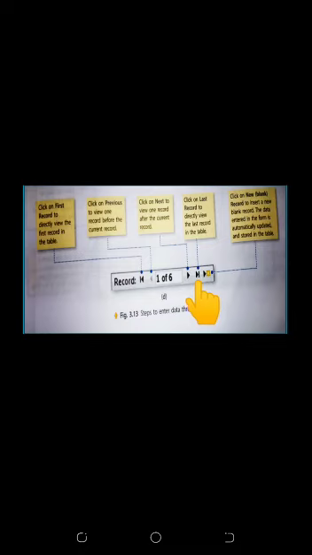The next icon is for moving to the last record. If you want to move to the last record, then you will click here. And the last option is for a new record. If you want to add one more record in the table, then click here. Then the form will open. You can add a record, and when you submit it, it will save in the fees table.